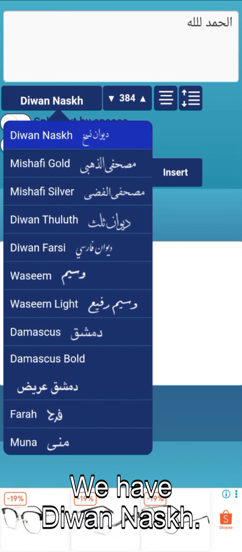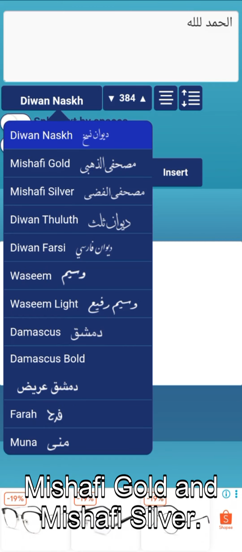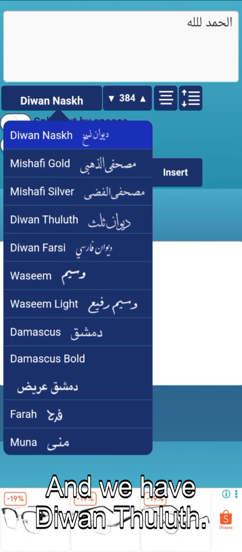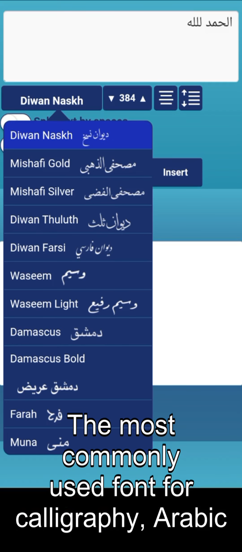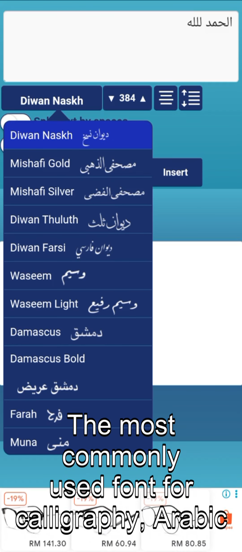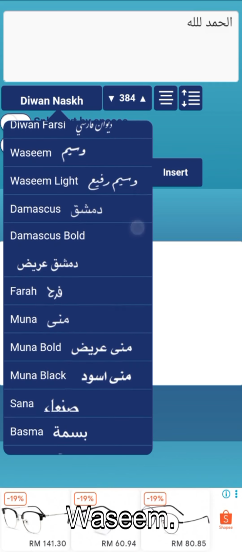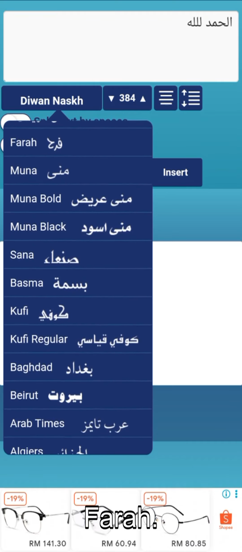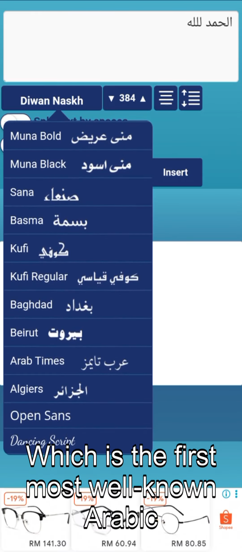We have Diwan Naskh, like I told you last time, Naskhi, Mishafi Gold and Mishafi Silver. These two are the fonts most commonly used for Quran. And we have Diwan Thuluth, which is Thuluthi, the most commonly used font for calligraphy, Arabic digital calligraphy nowadays. And then we have Diwan Farsi, Wasim Light, Damascus Bold, Farah, Muna Bold, Muna Black, Sana, Basma, Kufi, which is the first